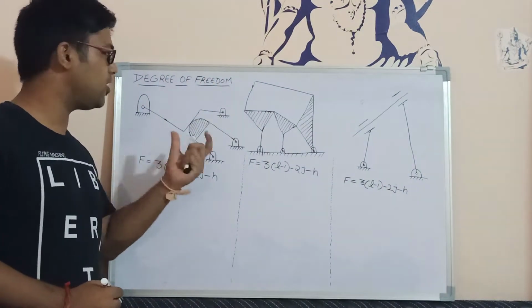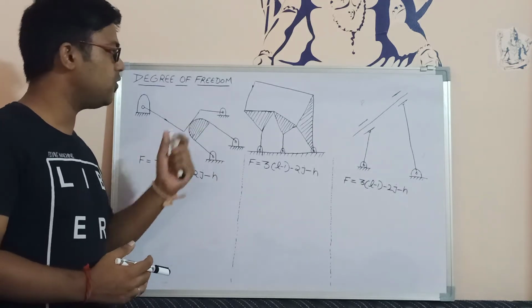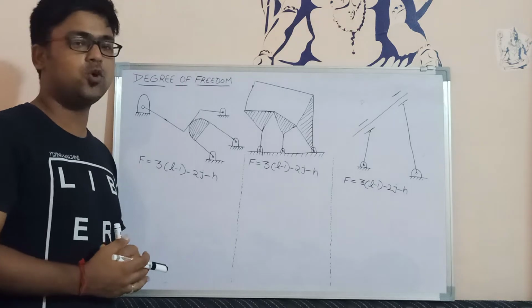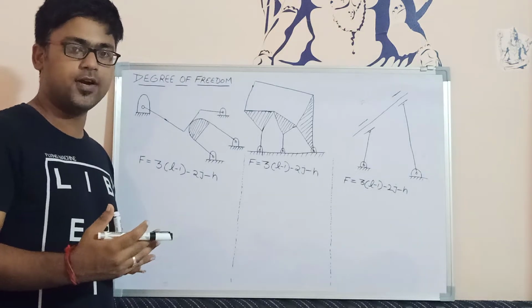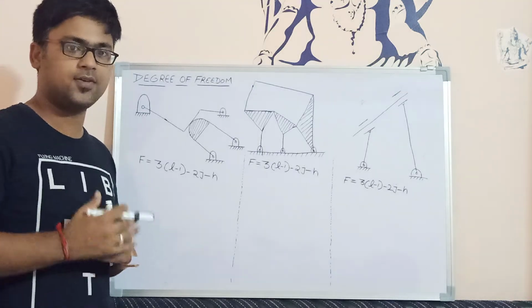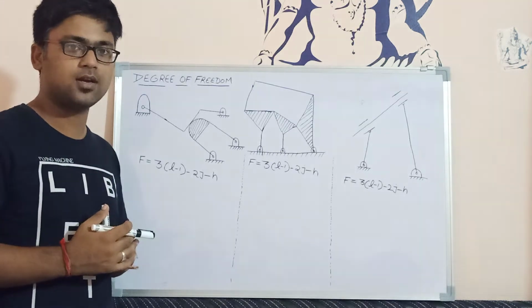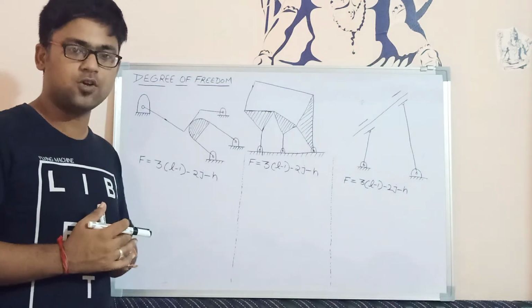Hello everyone. So today we are going to discuss the degree of freedom. Degree of freedom is a topic of theory of machines in which we have to find the value of degree of freedom for any body. कोई भी बॉडी जब मूव करती है, if it is in 3D space, तो एक जो बॉडी होगी आपके पास, it can have maximum 6 degrees of freedom.